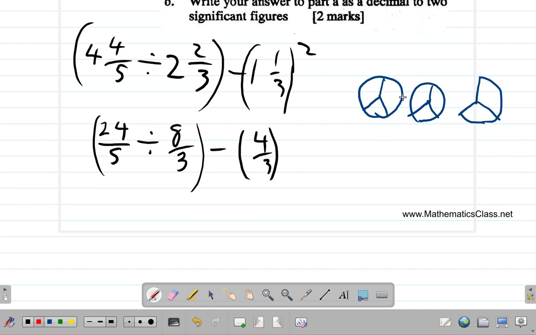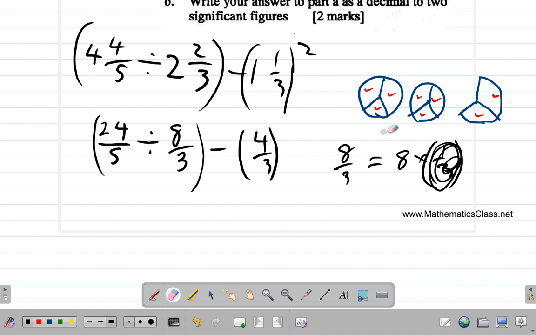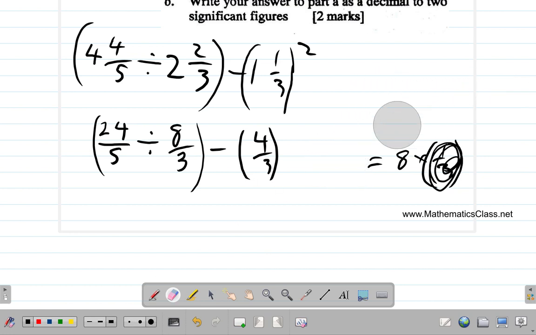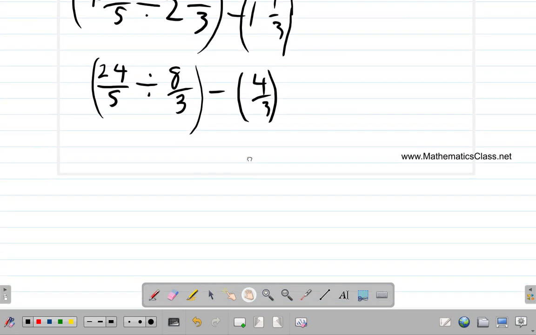We have a total of 1, 2, 3, 4, 5, 6, 7, 8. 8/3. So that is what this is saying, 8/3. So 8/3 is the same as 8 times 1/3. So it's 8 of this, 8/3. Alright? So remember the reasoning behind it. Alright, so we continue here. Here now,